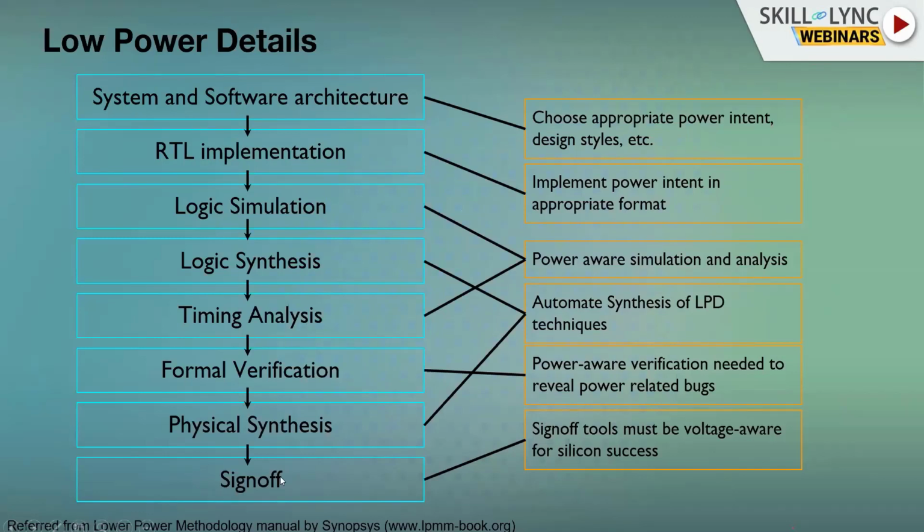So we'll do the sign off at the very end, saying that I have a design and I have my UPF, it has gone through different steps in between, and it has written out a UPF file. Is that file valid with respect to what the system and architecture team is expecting? So the architecture dictates, but at the final step we are trying to catch whatever is going wrong, the incorrectness in these different steps, by doing a sign off flow.